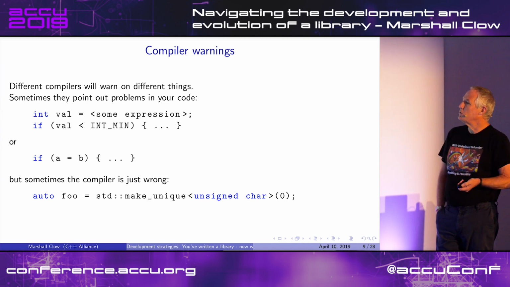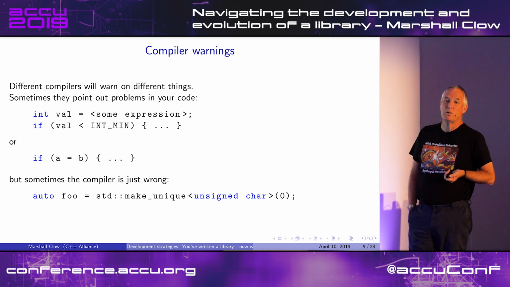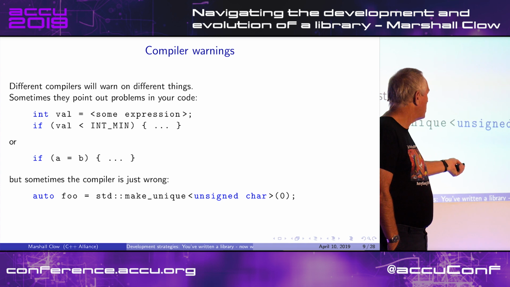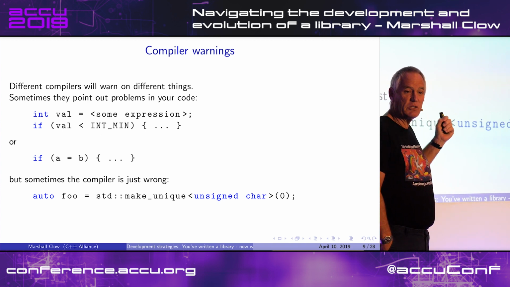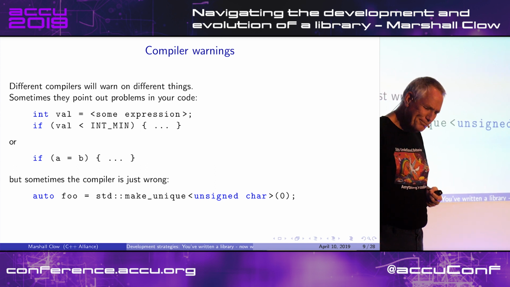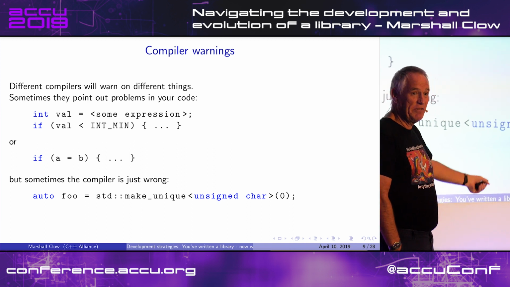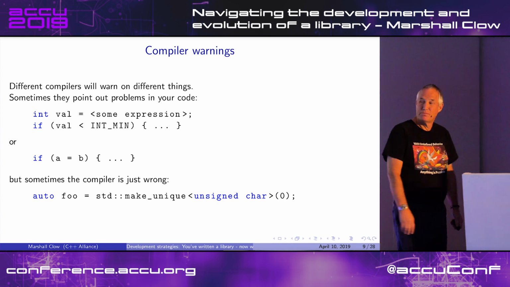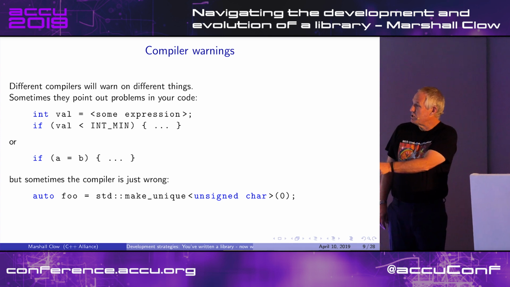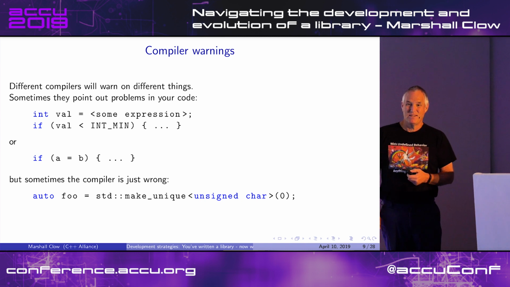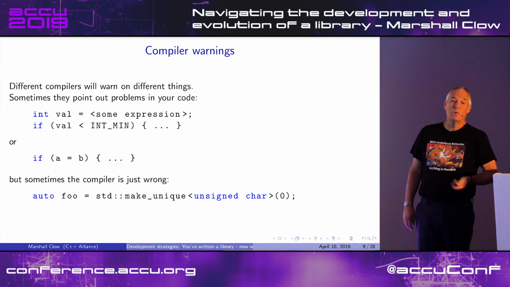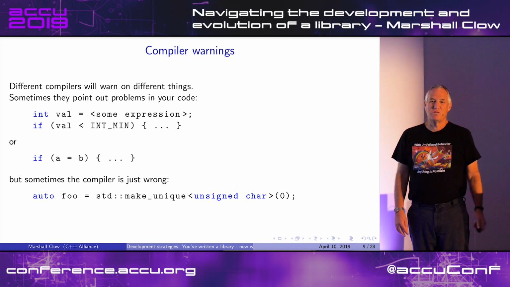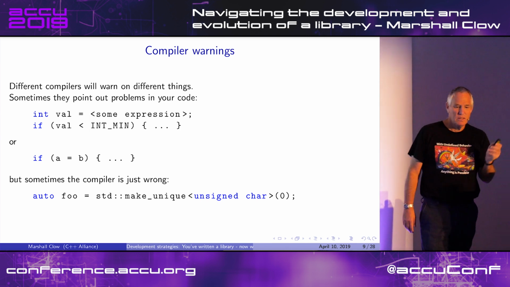This is a line from my chunk of code that calls make_unique unsigned char 0. And at least one popular compiler will throw a warning and will tell you that you are truncating this integer 0 to an unsigned character with a possible loss of data. Yeah, you're throwing away all those 0 bits, leaving fewer 0 bits behind. This is what I mean. Compilers sometimes are just flat out wrong. Now, if this here was, say, 500, that warning would be correct, because then the 500 would get truncated to, what, 250, 244, or something like that. But in the case of 0, you roll your eyes and say, dang. Anyway,